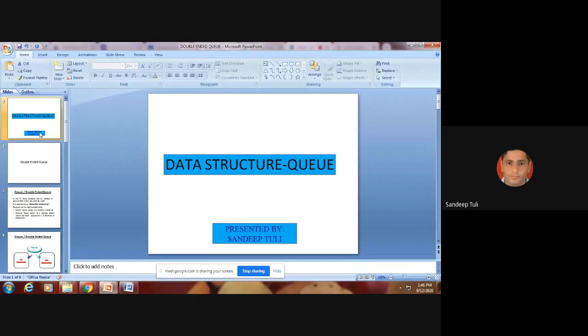Okay, after this discussion of double-ended queue, we will come on to that condition. Maybe some conditions will be covered in this also, so you may have got some idea about that. And after that, at the end, we will discuss the condition of circular queue once again.